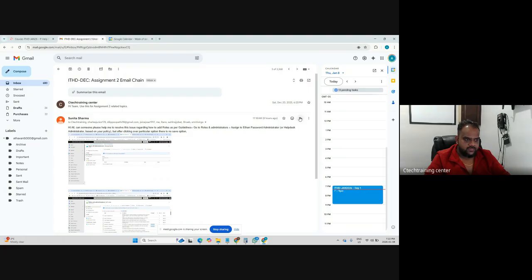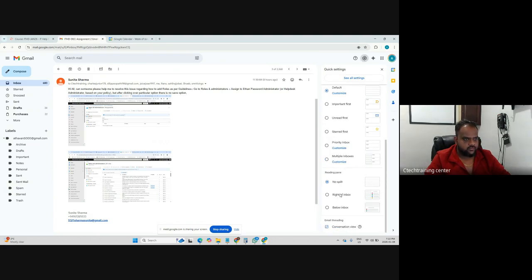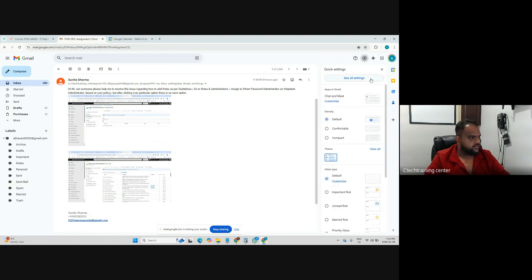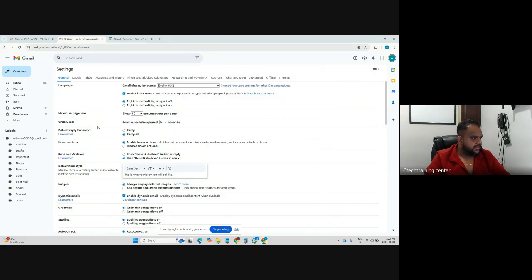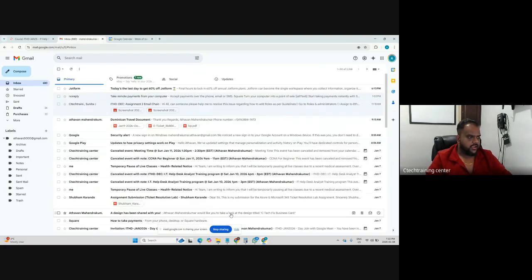But if you don't have this reply all, and most accounts are not set up on Gmail like this, you have to go into settings, see all settings, and then you see the default reply behavior here. This has to be changed from reply to reply all, and then go down and save the changes. I'm not going to save the changes here because it's already set up for me that way. That way you'll get reply all by default.